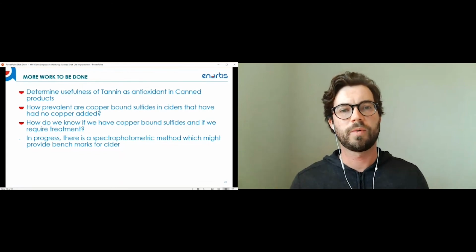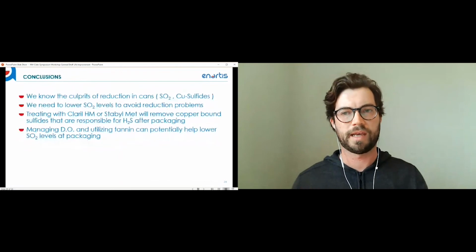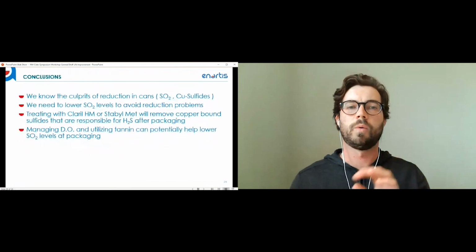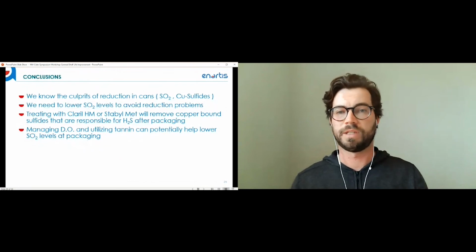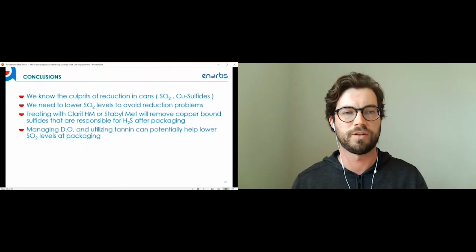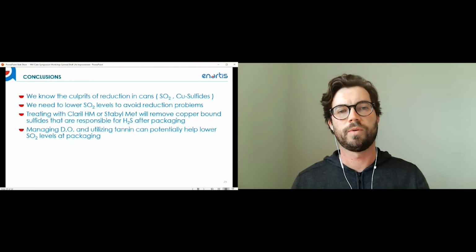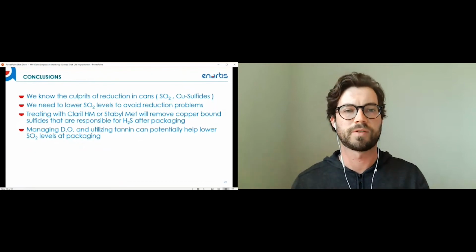So in conclusion, we know the culprits of reduction in cans at this point are related to SO2 and copper-bound sulfides. We need to lower SO2 levels to avoid reduction problems at this time. Until liners can become more robust, this is something that we need to consider and do. Treating with Claryl HM or Stable MET or just regular PBI, PVP will remove those copper-bound sulfides that are responsible